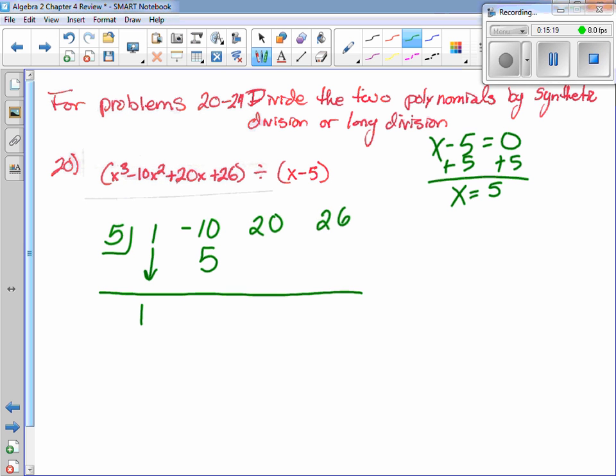Add straight down. Negative 10 plus 5 is negative 5. 5 times negative 5 would be negative 25. 20 plus negative 25 is negative 5. 5 times negative 5 would be negative 25, which leaves us with